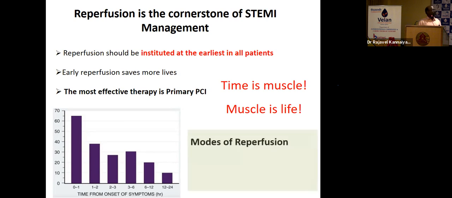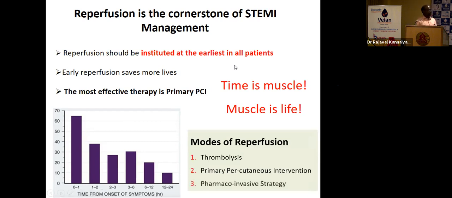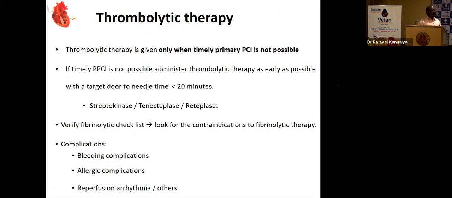Next, the modes of reperfusion. One is thrombolysis. Next, primary percutaneous coronary intervention. Another is pharmacoinvasive therapy. These three are the reperfusion therapies we can do. The thrombolytics: normally, thrombolytic therapy is given only when primary PCI is not available at the present time, because primary PCI means